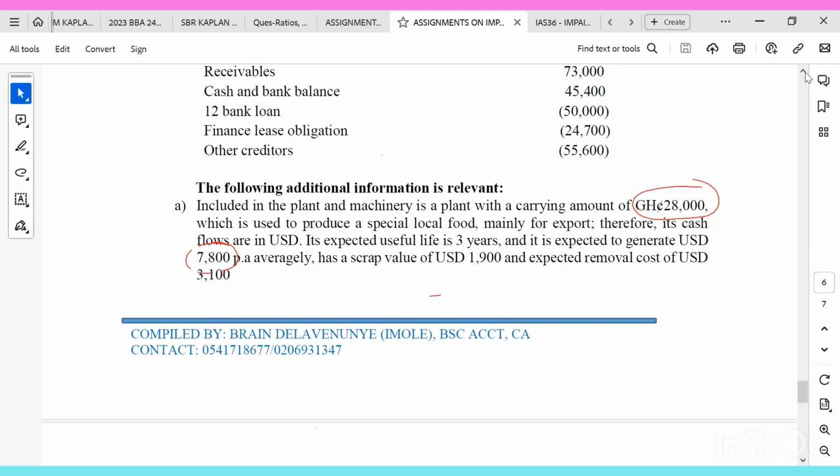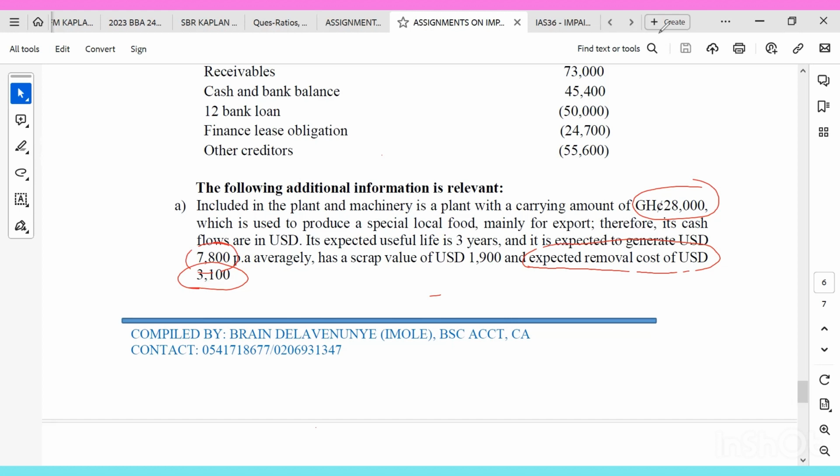They are saying that at the end of the useful life of the asset, we are going to be removing the asset at a cost of 3,100 USD. And that will be an outflow. So whatever amount we are going to be calculating, we should consider the value of the removal cost. So for the first year, if we are computing the cash flow,